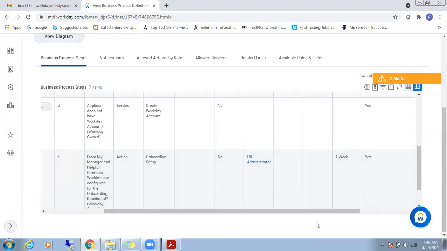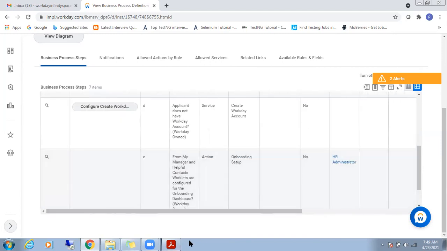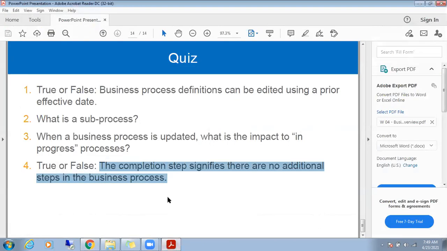After the completion step also, we can have some steps to do some things. The completion step is for the entire business process, and after the business process completes, we also have some actions to do, like collecting documents or doing background verification.